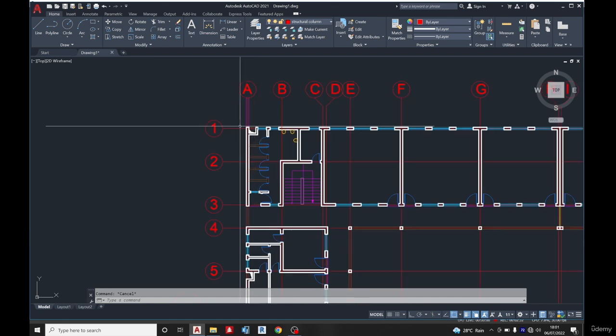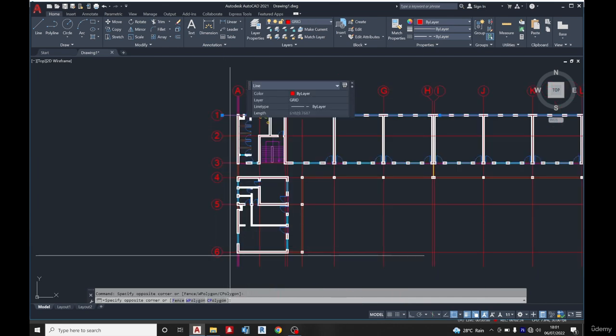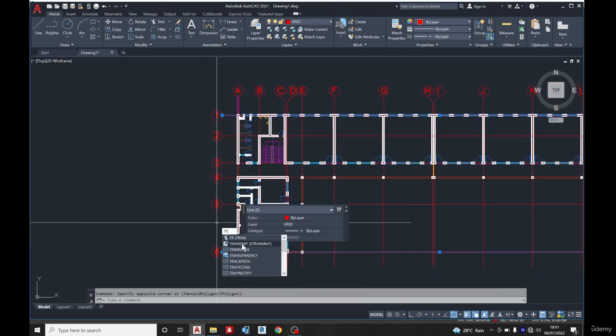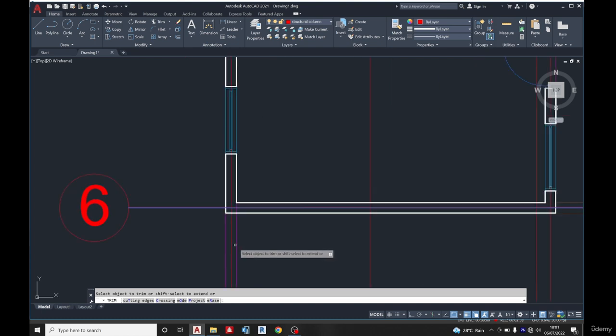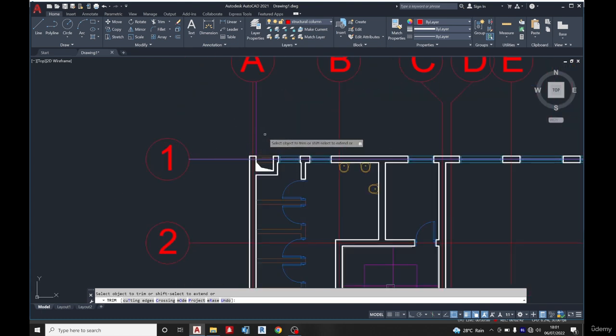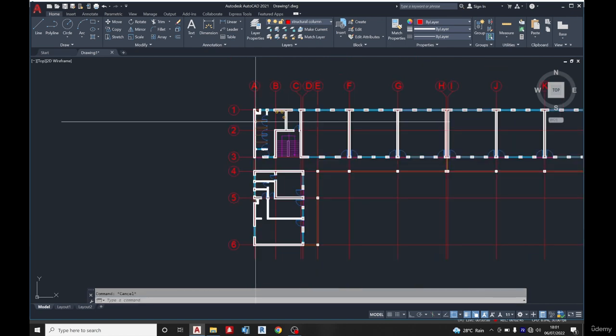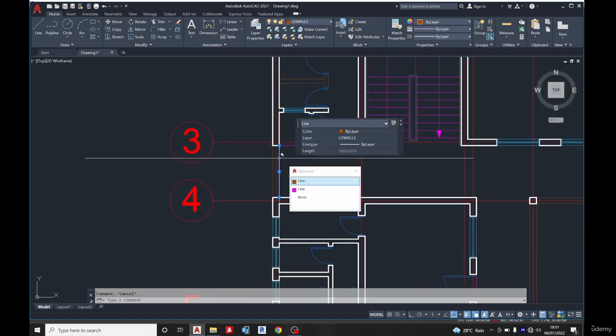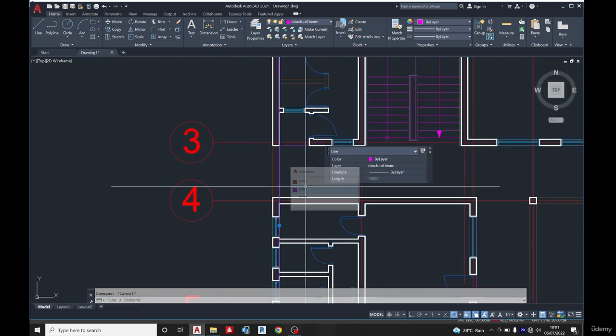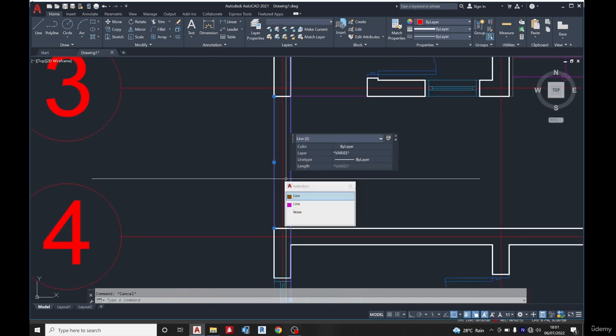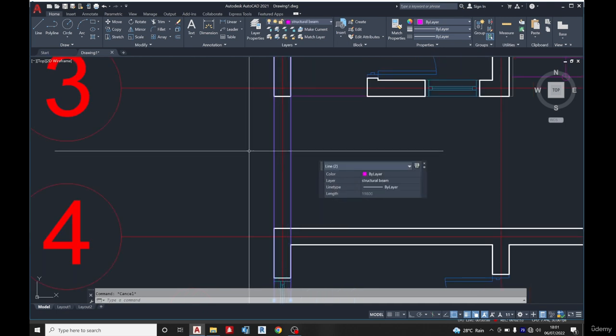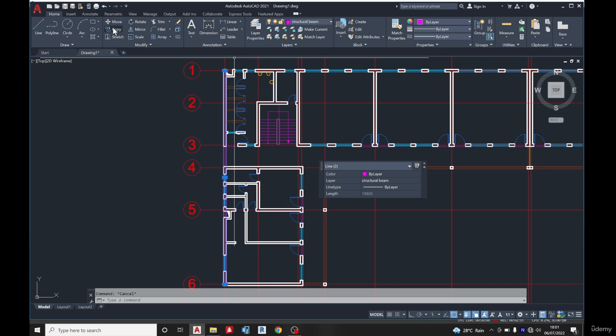So I can trim out whichever point I want, select this as a boundary, then trim. Okay, so select this, trim, and also at this point trim. So we have that. So once you select it, I have multiple lines to select. This is my beam, and also this is my beam. I'll select that. Okay, so I'll just copy it,